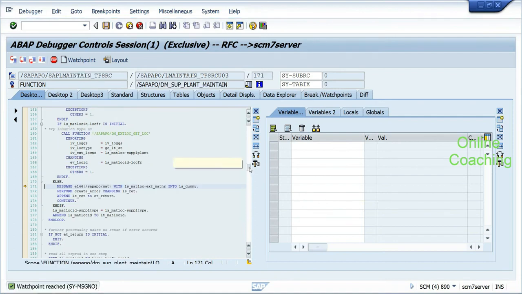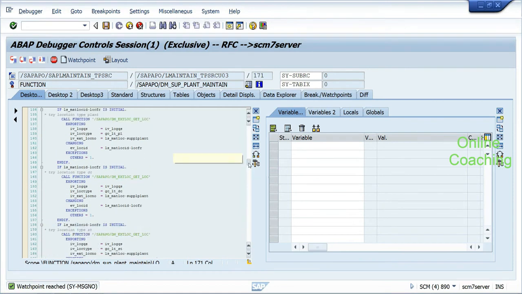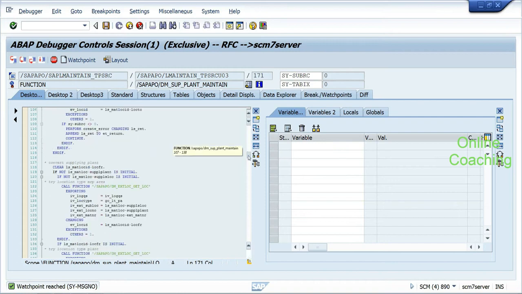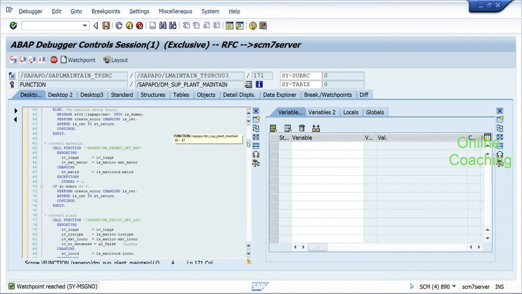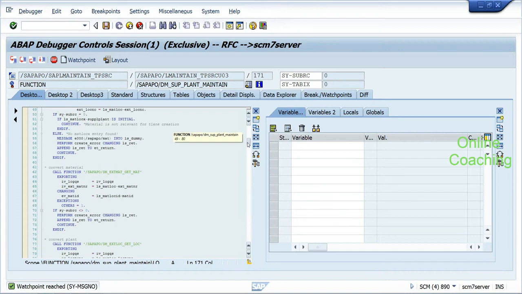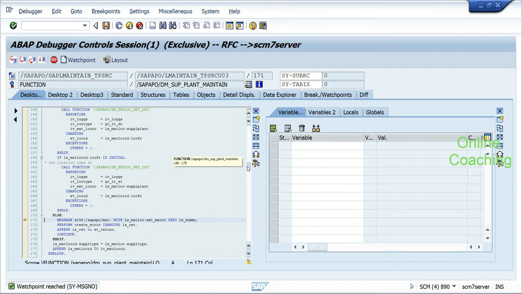Okay, so you can see here that this is a place where we are trying to get this error. SAP, if, okay, location from